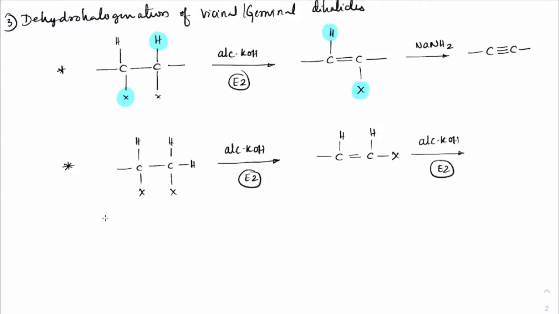Just like in the earlier case, what do we have here? We will get something like C triple bond C and H. So this formation is what you will observe. When you have this form, again, alcoholic KOH is not very useful here. It is the NaNH2 that is more useful because that is a strong base. So that will give this triple bond here.